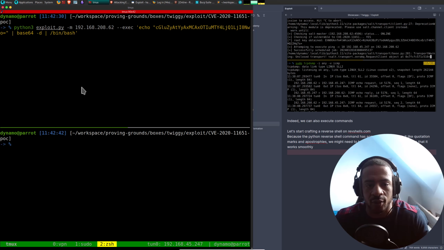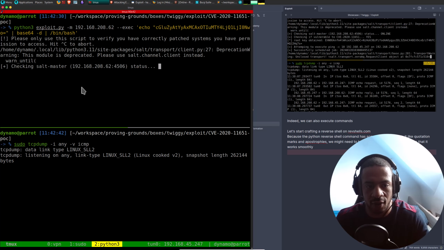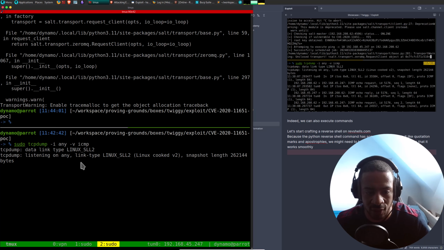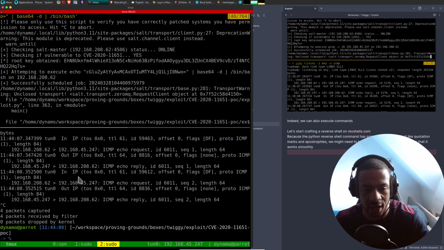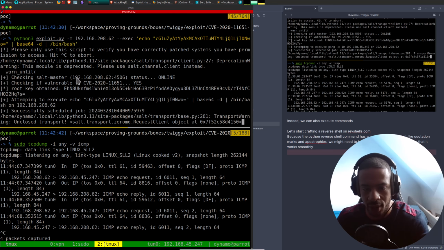So let's try that one more time. Everything correct here. Let's listen down here like this and execute this. And if we get some packets back, then we can confirm that we can do this base 64 encoding. And we can. So let's take a screenshot of this and go up here a bit.